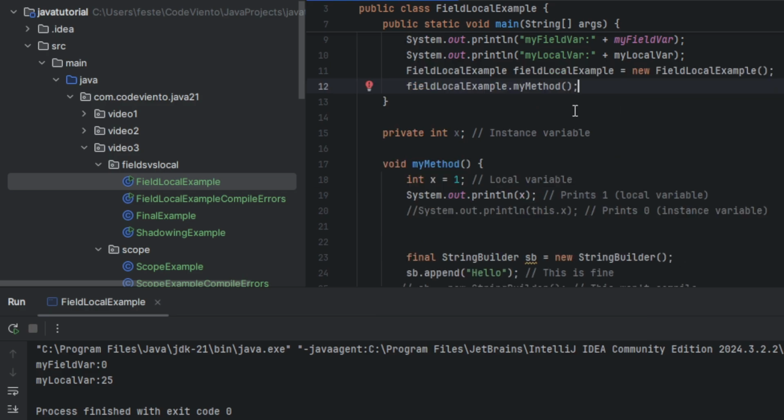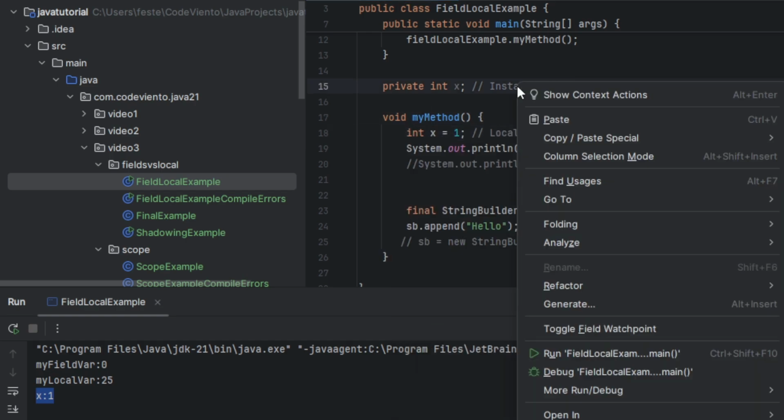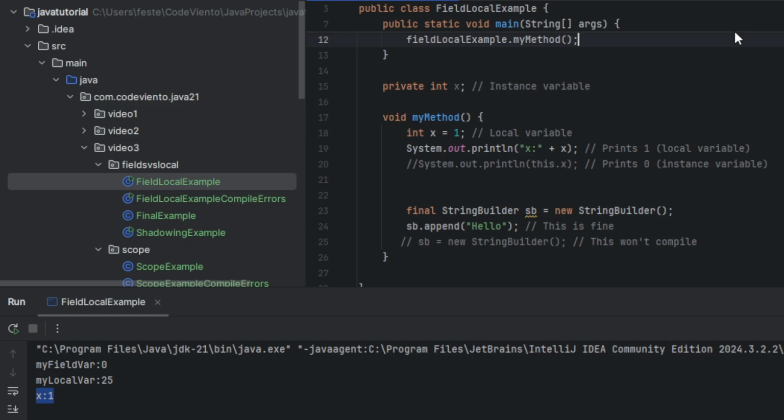And let's call the method here to see the result inside the main method, and run and see the result together. X is equal 1. If local variables have the same name as a field variable, they shadow that field. In such cases, we use the this keyword to access the field.